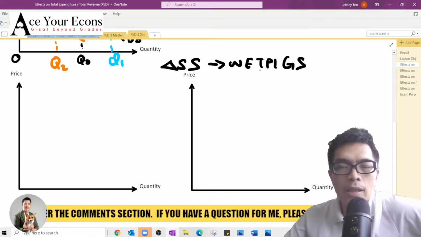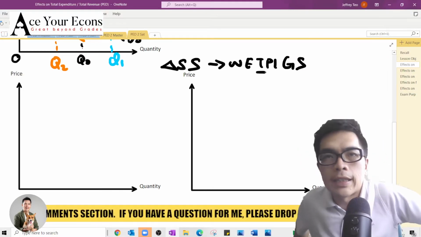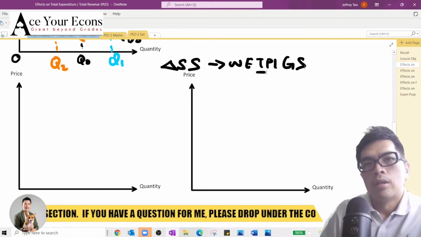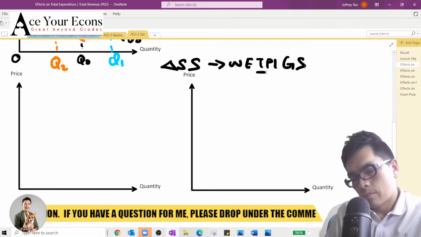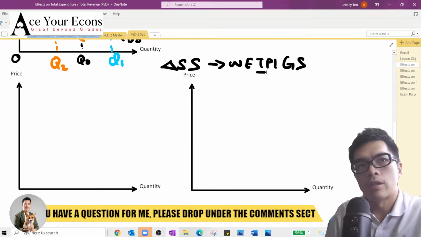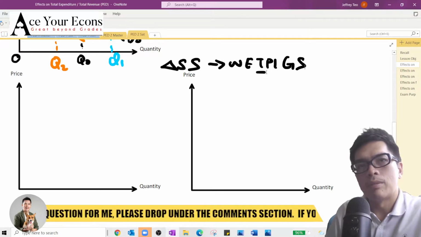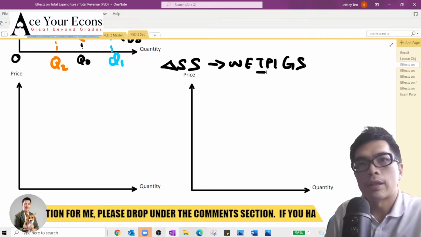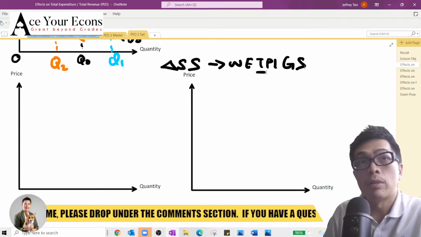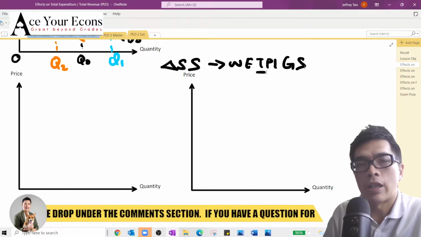So what happens? Let's identify. What is T? Everyone, please type out what T stands for. For students who are new, we can refer to the initial first few pages. You should be able to come up with this immediately, right? So when there is an improvement in technology, can you all tell me, how is your supply curve going to shift? Shift right or shift left?